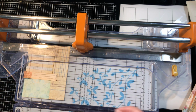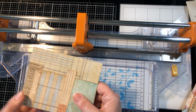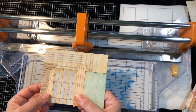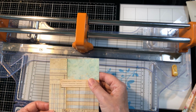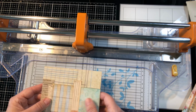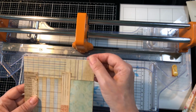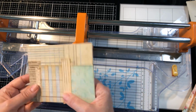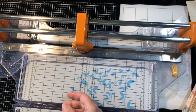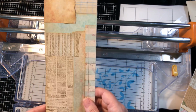Okay, now I have this piece. So here, this piece is ready for me to sew. And this also could be a journal card. Could go this way, could go this way, or it could go on the page as a tuck spot or a pocket. I could round the corners here again and then add some trims and stenciling on that, so that would be good. Okay, now I have this long piece,